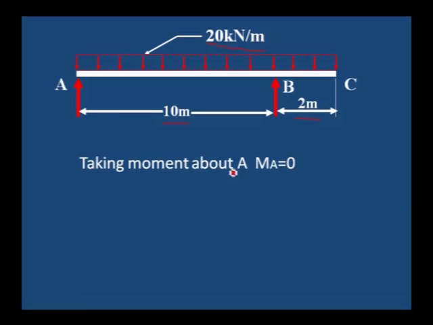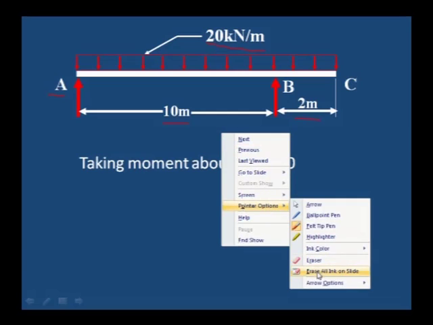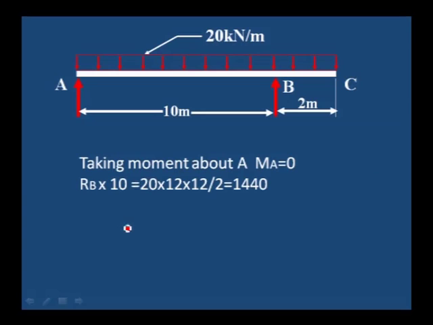Let us take the moment about A. Sum of the moments about A is equal to 0, or clockwise moment is equal to anti-clockwise moment. RB into 10, where 10 is the distance from A to B,